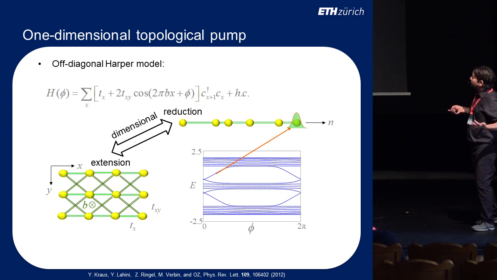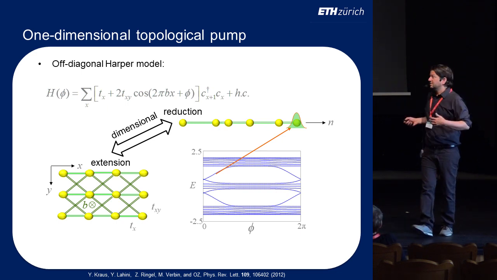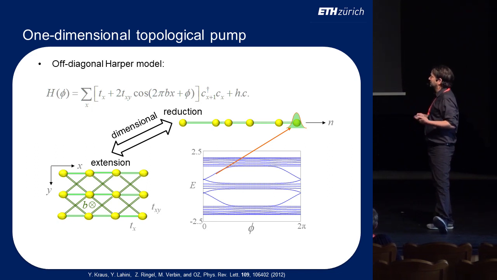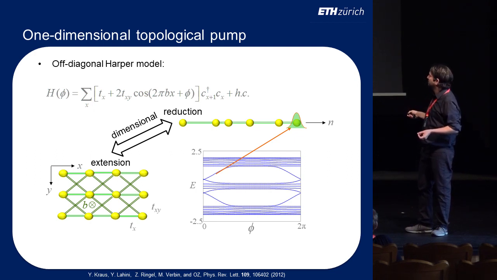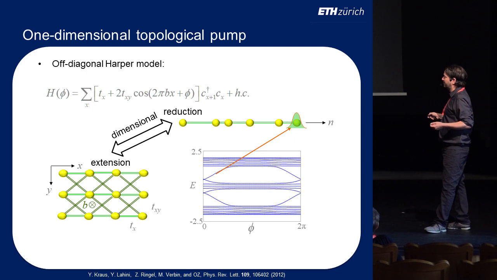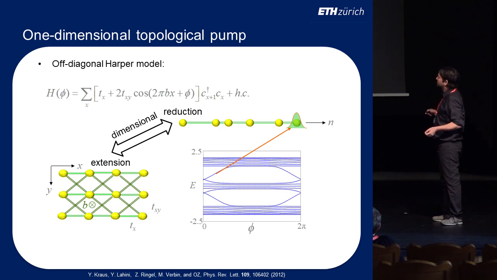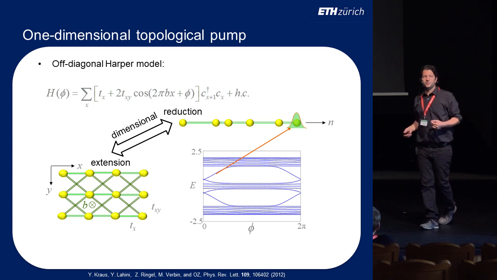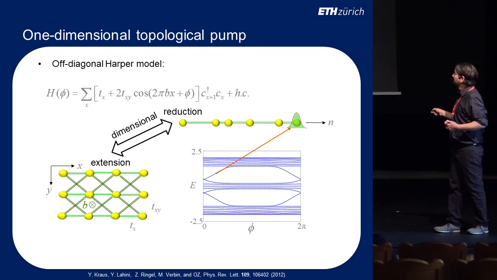So this is not surprising. This is because this model realizes something which is known as a topological pump. And if you're doing a process which we dubbed dimensional extension, you can actually extend this whole family of one-dimensional models plus a parameter and find out that it maps into the two-dimensional quantum Hall effect on a lattice. So in this sense, it's actually a variant of the Hofstadter model that you saw yesterday. So in the 2D language, these will be chiral edge modes. In the 1D boundary, you might sometimes have such a boundary mode, or sometimes not. The bulk boundary correspondence of the topological pump just guarantees that it must appear along this scan of phi from